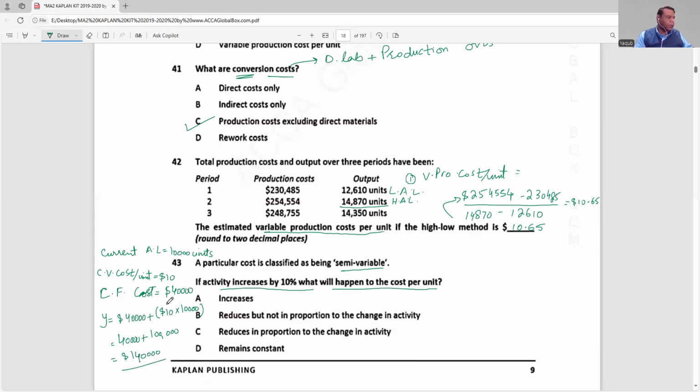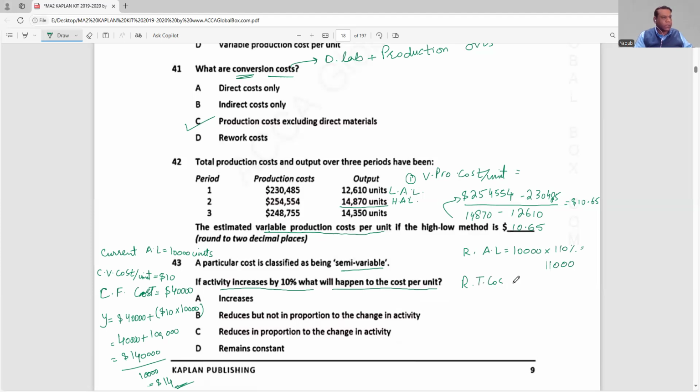If we convert into per unit, divided by 10,000 units, we have 14. This is the current cost per unit. Now we have revised activity level: 10,000 into what, it is rising by 10%, so 11,000. So the revised